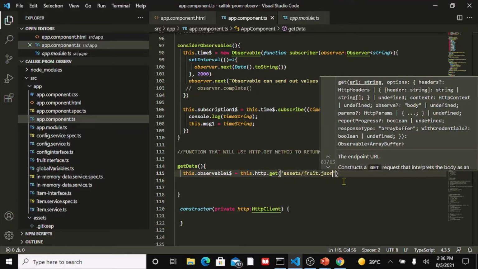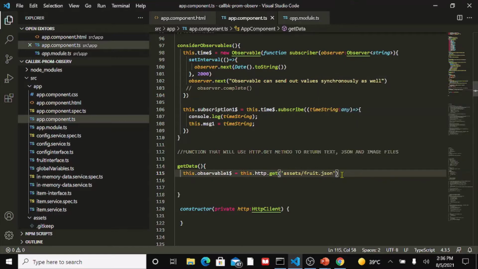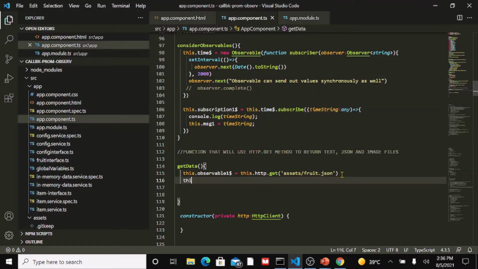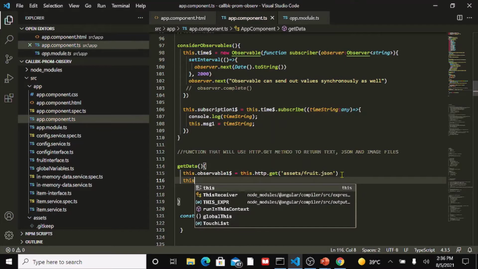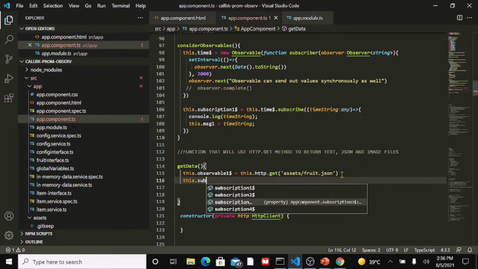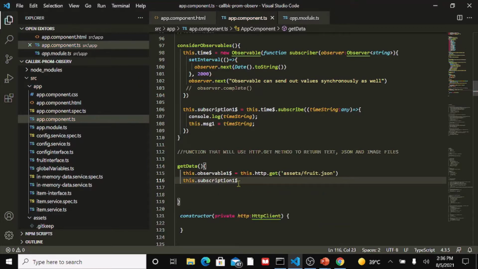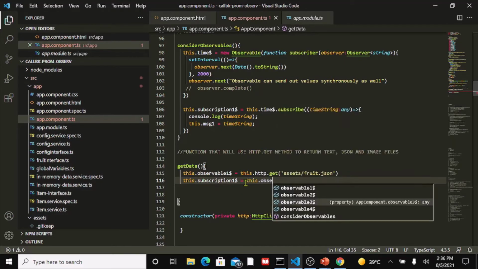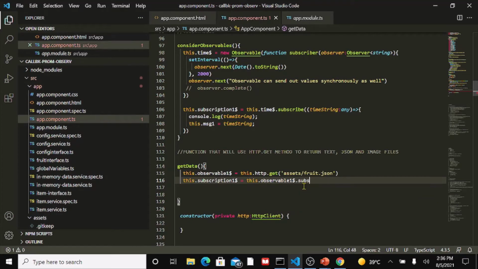Okay, so now we have this JSON file being returned. We can then subscribe to this observable. This.subscription$1, and this is again a property of any type, equal to this.observable$1.subscribe,